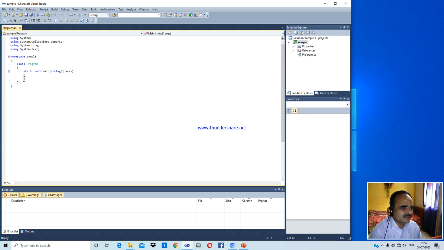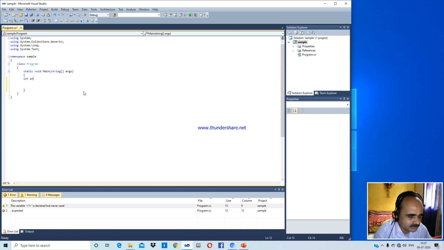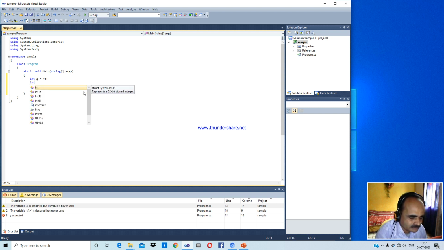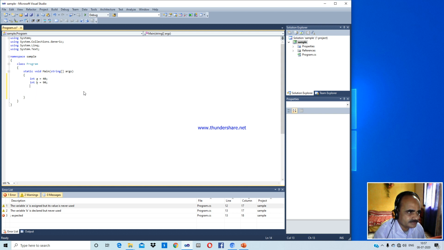So simply we will discuss first how to write a simple program. Suppose I write here integer a equal to 40, integer b equal to 90. Okay, then you may write here, suppose,